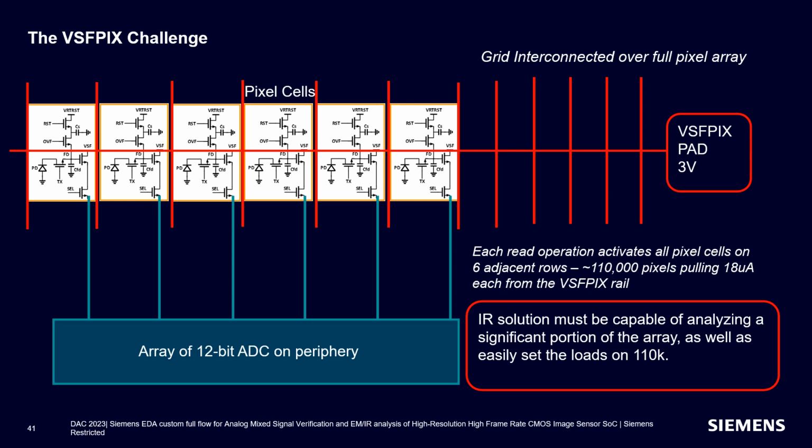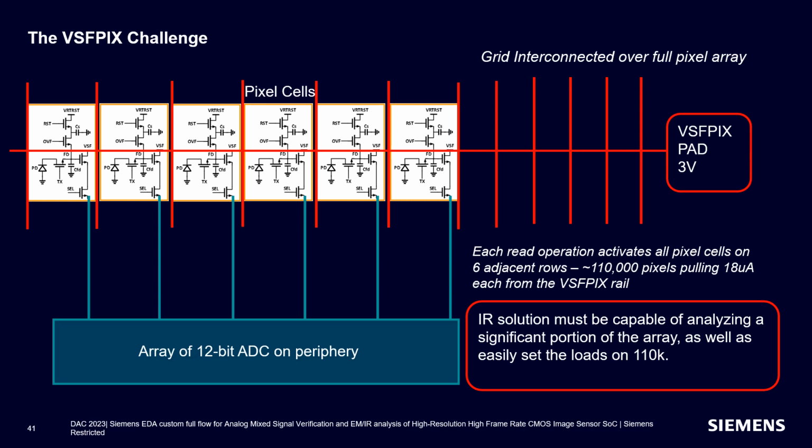The VSF PIX pads are located on the left and the right side of the pixel array with an overall separation of more than 4 centimeters from the pad to the center of the pixel array on each side. The VSF PIX is routed from the pads to the pixel array and is grid interconnected over the full pixel array. In this image sensor design, we read 6 rows of the pixel array at a time, totaling about 110,000